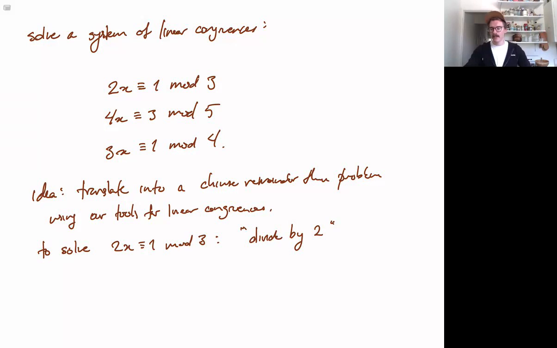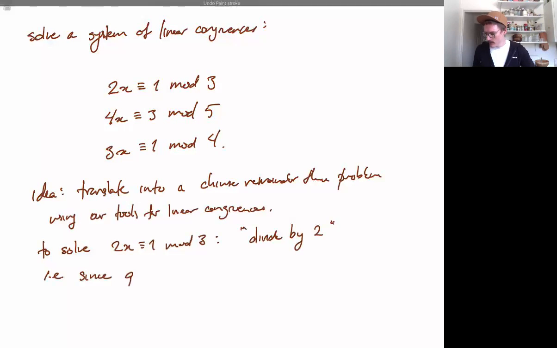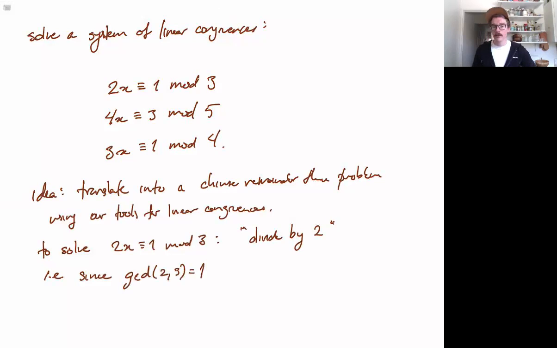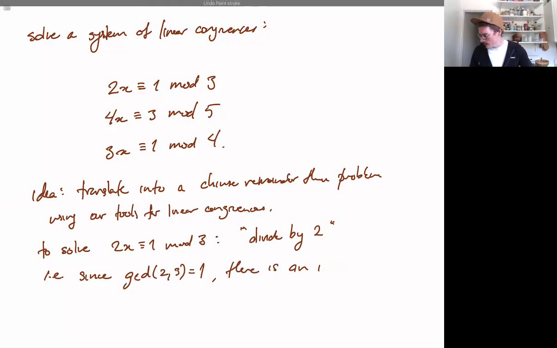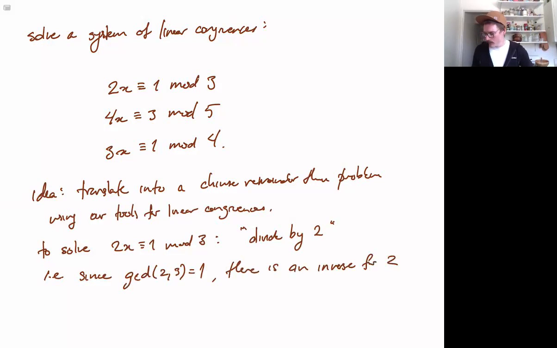And in the context of modular arithmetic, we know that we can't do that in exactly the same way, but the idea is that since 2 and 3 are coprime, which means their GCD is 1, there is an inverse for 2 mod 3,